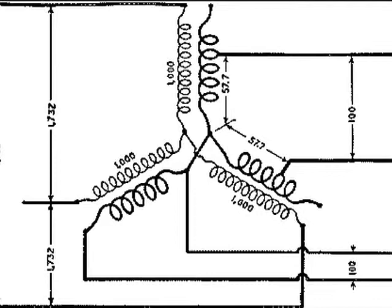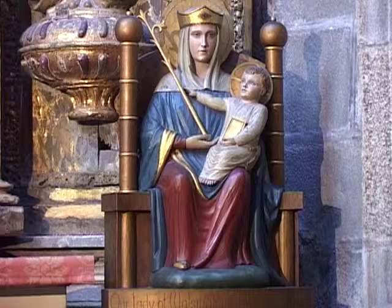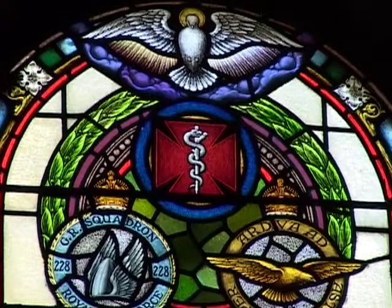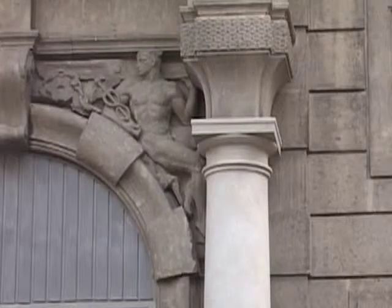They are shown as the symbol for transforming energy. Here is the woman holding the metallic rod or baton. The serpent is nearly always shown entwined around the rod. The serpent is the symbol for electricity. For hundreds of years, the two serpents have been known as the Caduceus, and they are placed upon Mercury, the